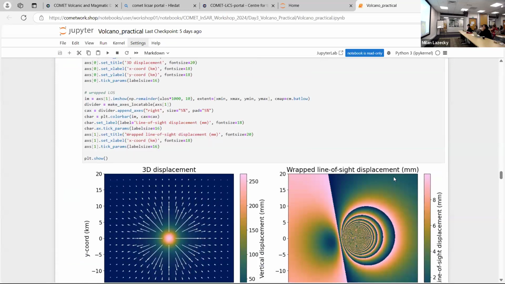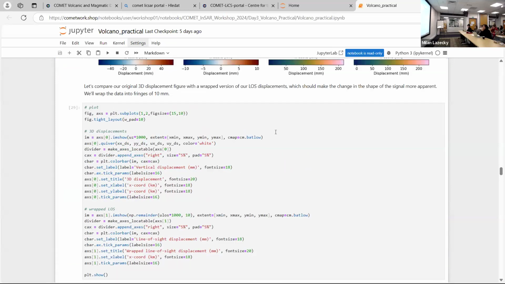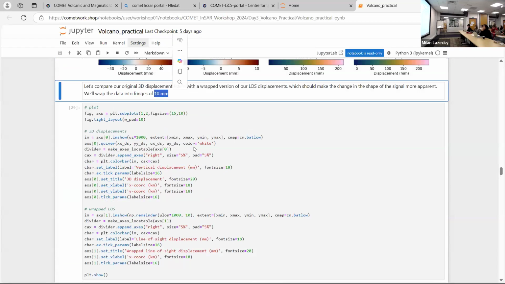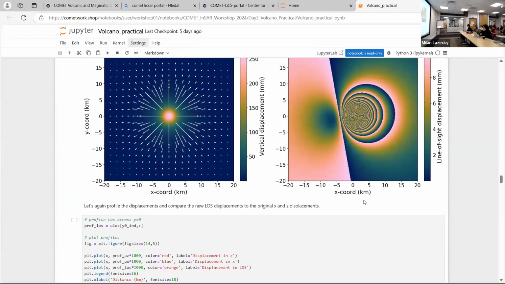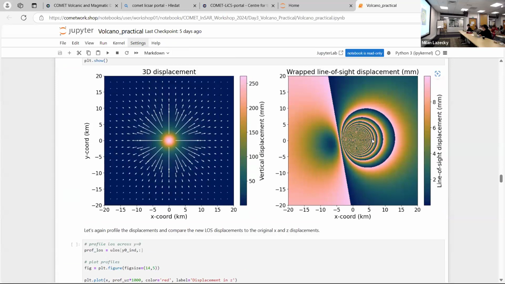Here we've used 10 mm fringes, so every 10 mm would be a new wavelength. We can see we now get our line of sight plotted differently, and it exaggerates this point: our radially symmetric source now looks very different once we're in line of sight.